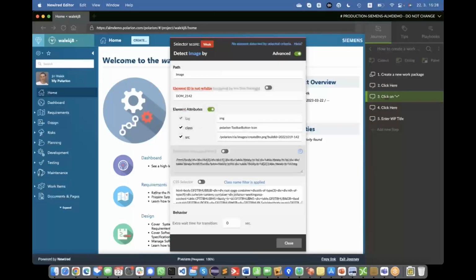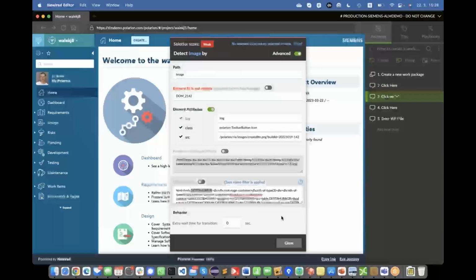the criteria which are collected by the Newired system. And what you see here is that Polarion is using very dynamic concepts when creating its user interface. What it actually means is that the HTML provided by the Polarion ALM application has a lot of so-called dynamically generated IDs, also dynamically generated class names, and any other digital adoption platform on the market today fails on such coding